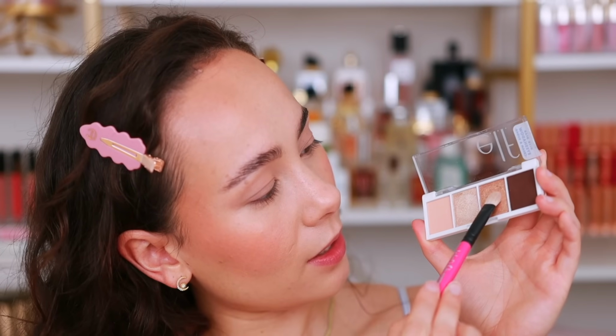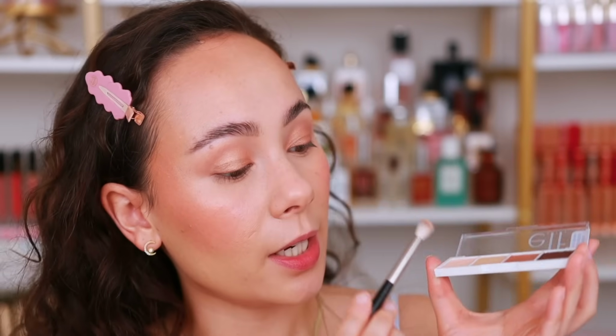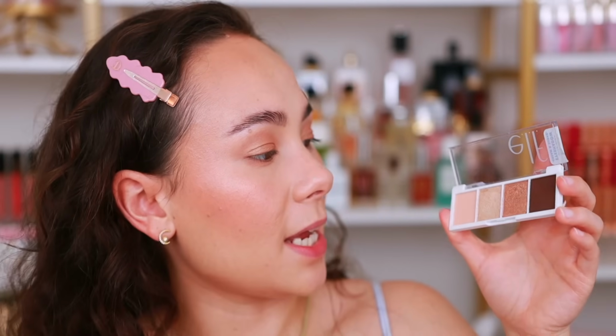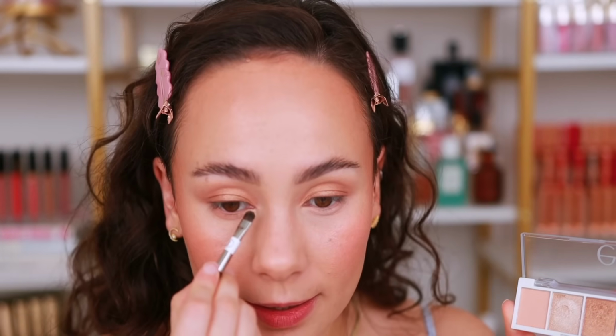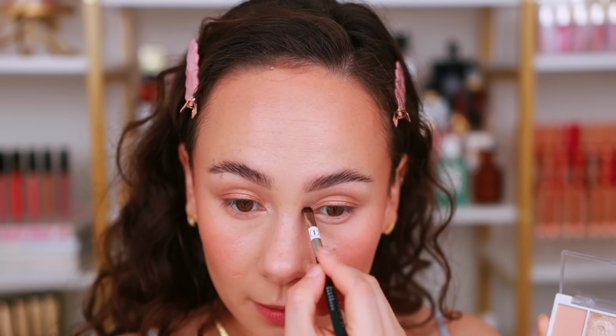I'm going to use the gold shade all over the lid. But you can see they definitely get the job done. That is quite pretty and simple, isn't it? I'm going to take the shade here. Run it along the lower lash line as well. And then I'm taking the lightest shade and I'm going to use that to highlight my inner corners. Oh, this is nice and